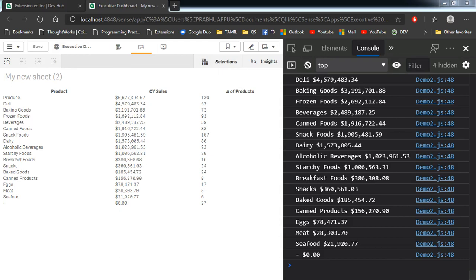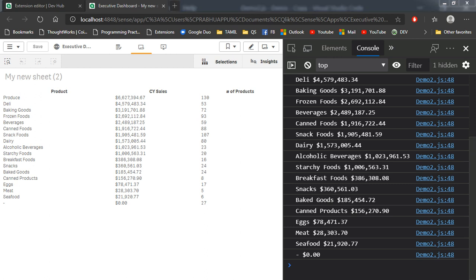This is Prabhu. In the previous video, I showed you how to create this table with the help of an extension, and we made this table dynamic. So based on the number of dimensions and measures you have added in the table in the properties, it will automatically show those in the table. What we are going to see now is we are going to add some events to this. So whenever you click on any element, it will be selected, and we are going to do that with some events and actions. So let's do that.